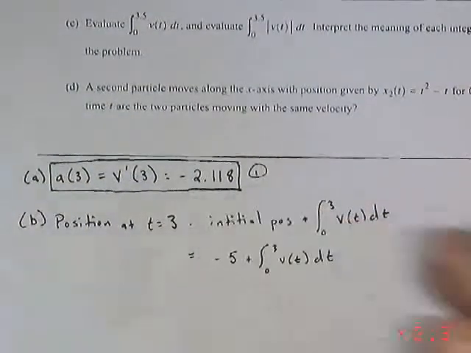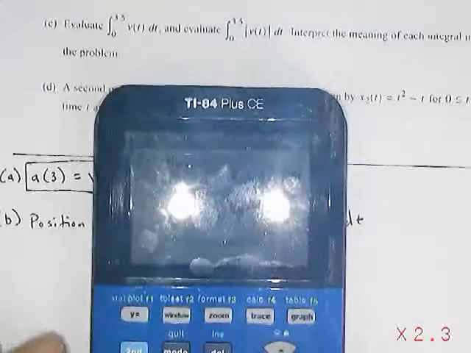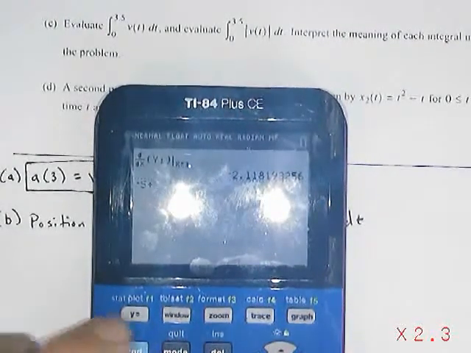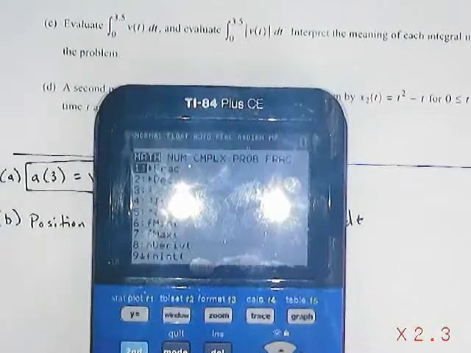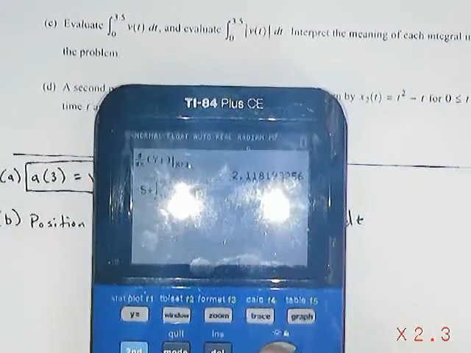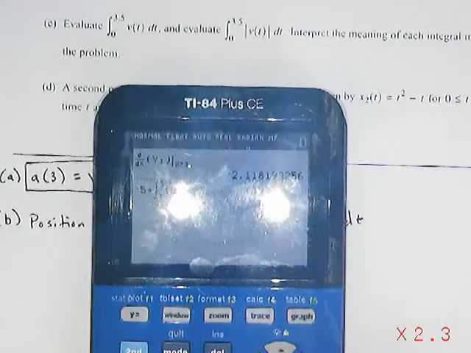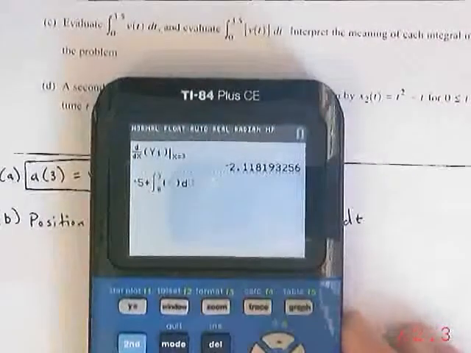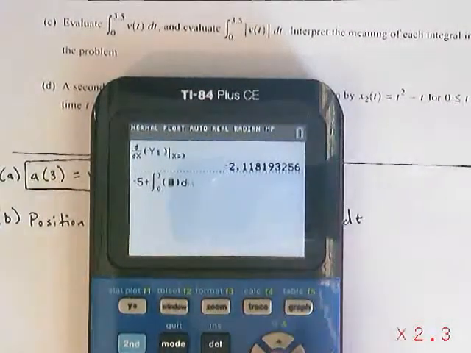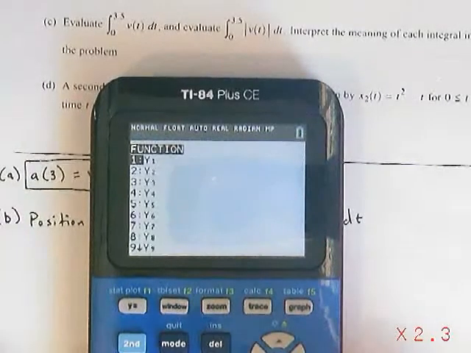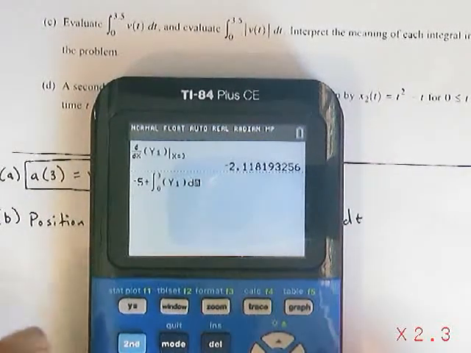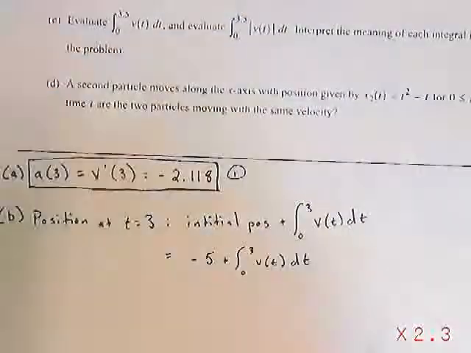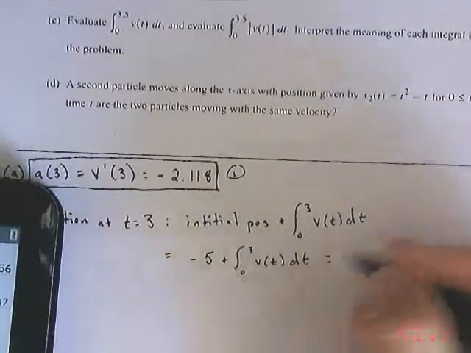So again, we're going to go to our calculator. We're going to do -5 plus math 9. Now we're doing the integral. We're going from 0 to 3. Still using the, that glare is not helping anybody. Let's see if we do it. There we go, that's better. Vars, Y vars, y1 in terms of x. And so our position at time t equals 3 is equal to